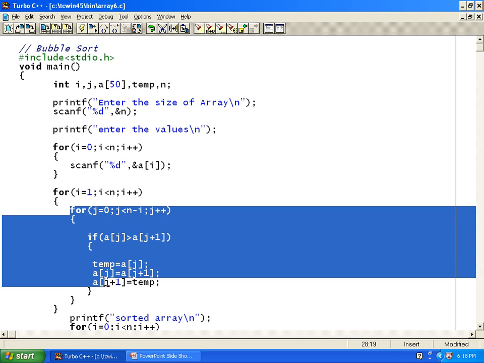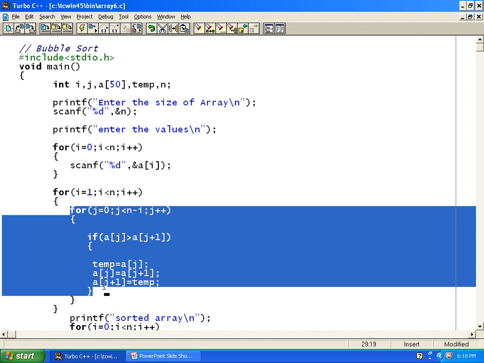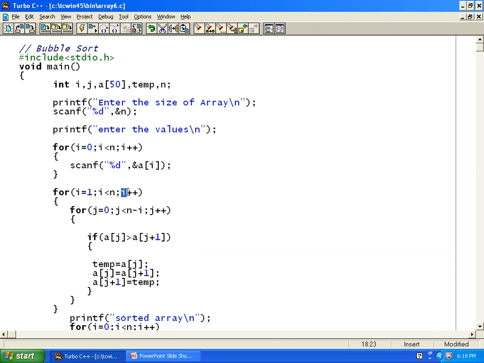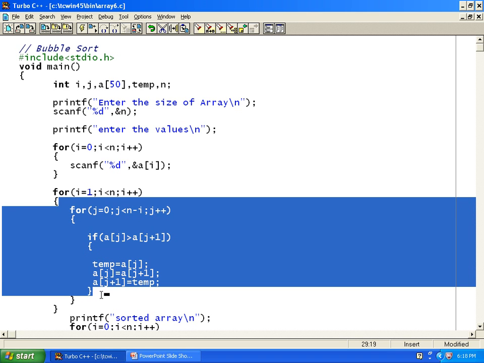Again the for loop executes 3 times, and after the inner loop completes, it comes back to the outer loop and I increments to 3. This time again J is equal to 0, 0 less than 5 minus I, where I value is 3, 5 minus 3 is 2, so 2 times it executes the inner loop.